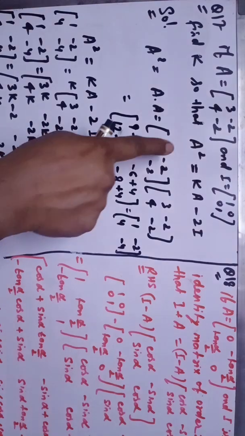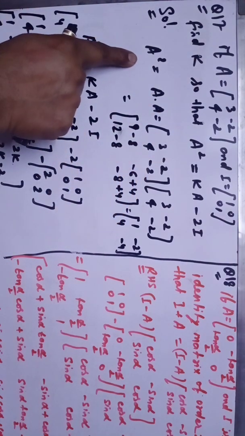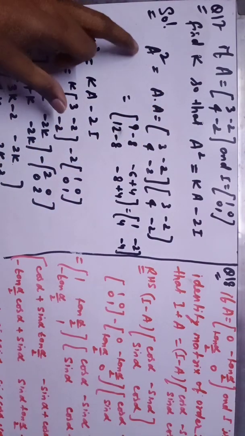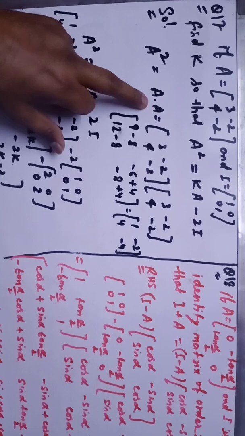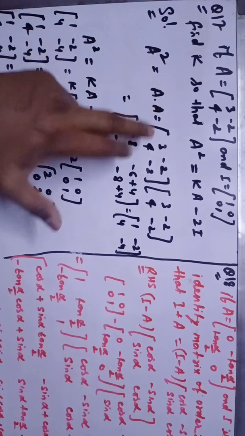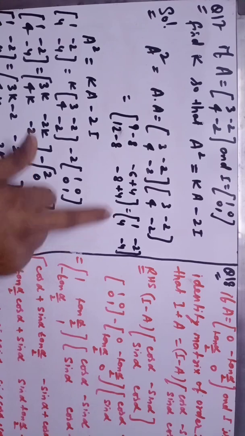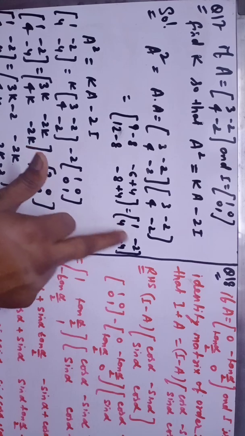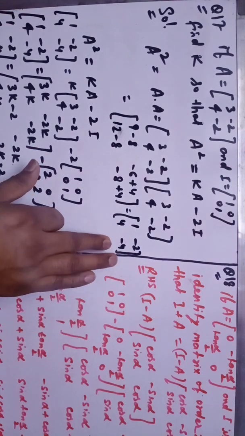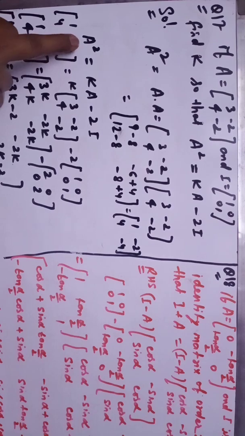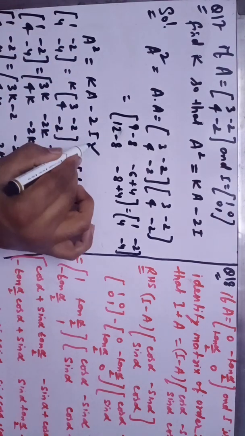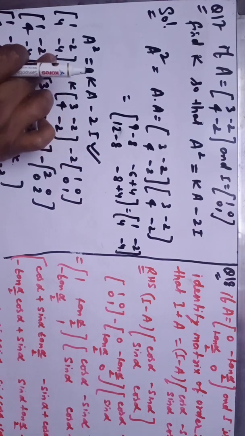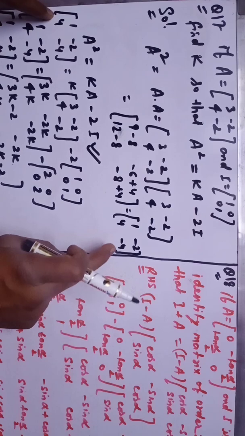Got it? So here A square is used, so I am going to find A square first of all. This is your A square. A square is equal to A into A, where A is this matrix and A again this matrix. You can find the product, and after solving the product you will get this matrix: column-wise, 1 4 minus 2 minus 4. Fine. So this is your A square matrix, and now I am writing the same equation which is given to us, and here we put the value of A square, which we solved here.